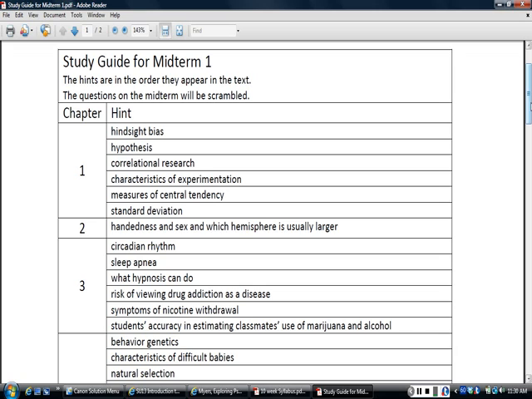I never did the kind of flashcard thing where I try to memorize it like that, but now go into your textbook, reflect on what you learned in the lecture or the Discovering Psychology videos, and write down everything you know about hindsight bias. Write the definition, write examples of what it means to be displaying hindsight bias. You might want to think about how hindsight bias relates to other things, like what kind of thinking error it is. You might want to think about it in a pretty elaborate way